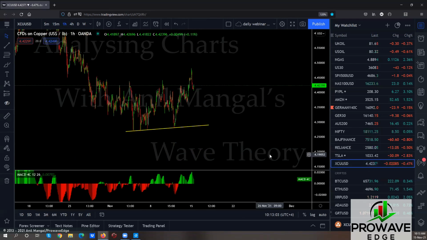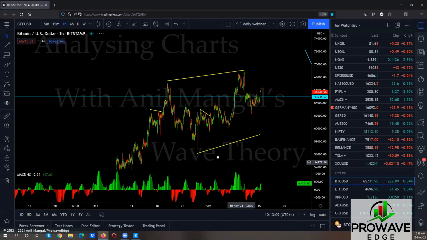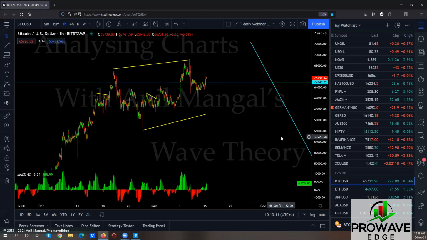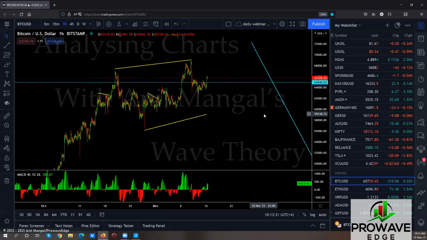And copper, going sideways, look for sell setups. Bitcoin, let's go. Well, Bitcoin is consolidating, but it's consolidating with the possibility of a running flat, which means if we take this to be the B wave, and this is a sharp wave down, I think if this goes lower, it will probably just do this and go back up one more. There's a potential that that is it. Could this be all the correction? This is the top and we're totally dropping? Possible. A little unlikely, but possible.